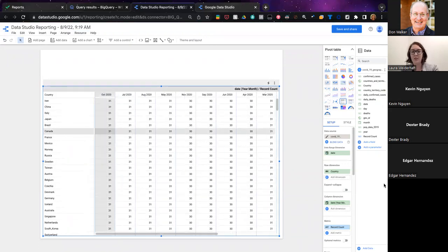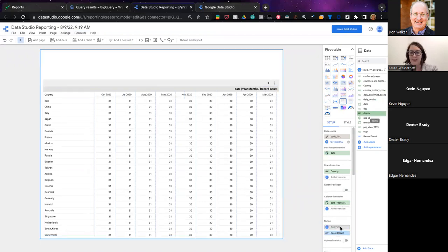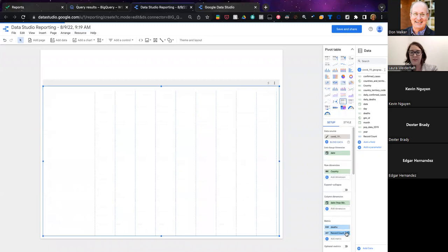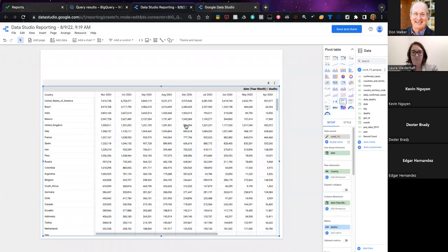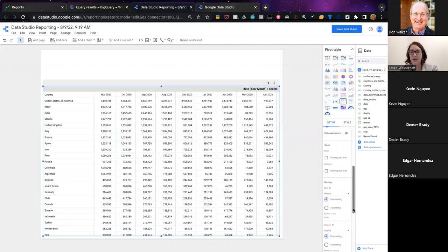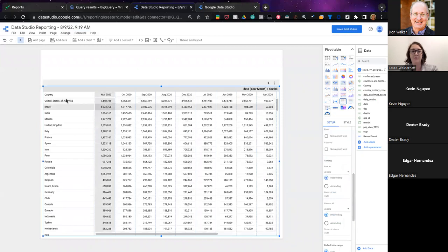So now what we can do is let's maybe look at the deaths by country. And then I think we want to sort by date. So we want deaths descending for our metric sort. And then we can also sort the columns as well.